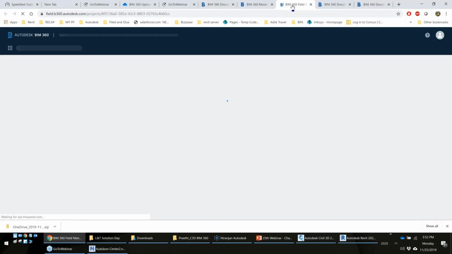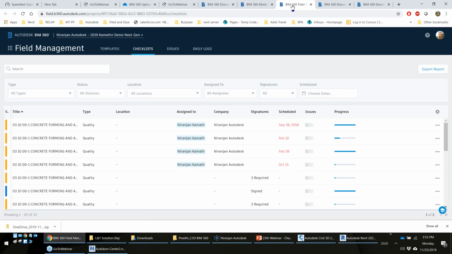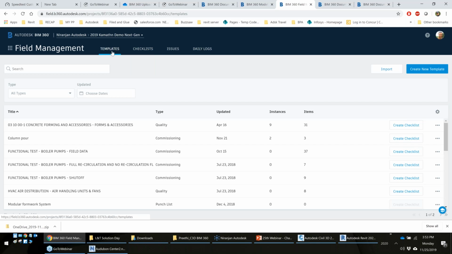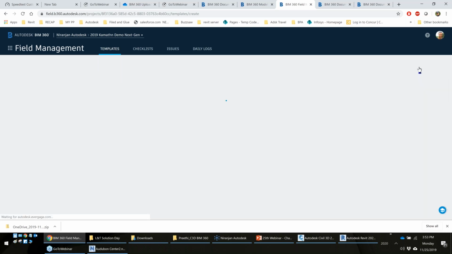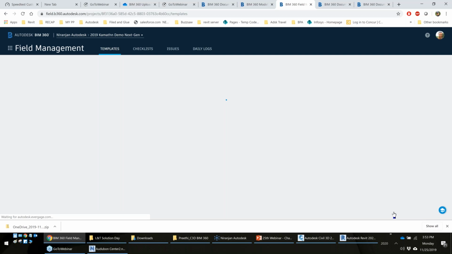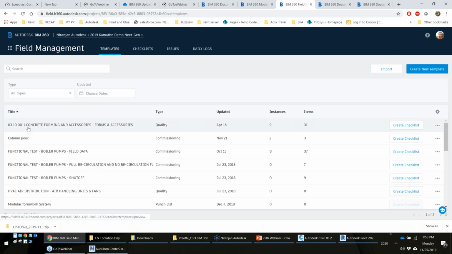Now field management has a couple of things. One is the template, checklist, issue, and daily logs. Now, template is something that we create for checklists, and you can transfer your company checklist into a digital format by just creating a new template. You give a title and so on, right? Now, what this template generally helps us is, if we are creating a specific template, we can have,